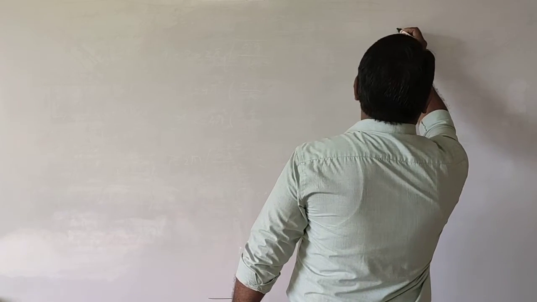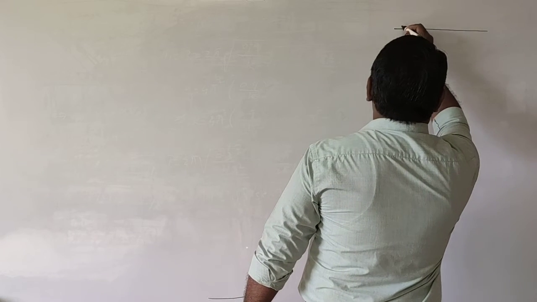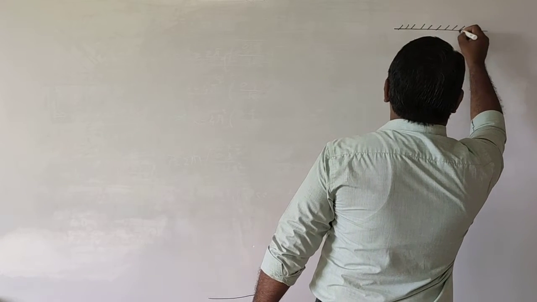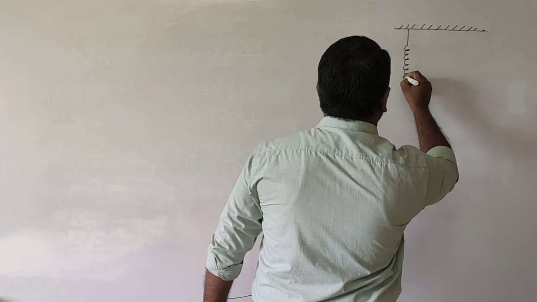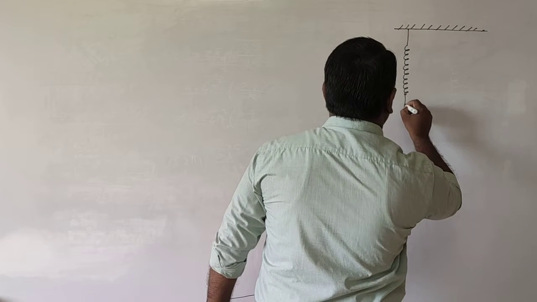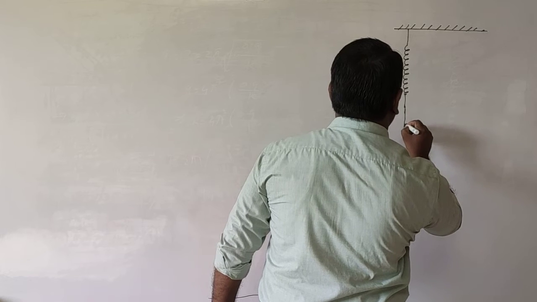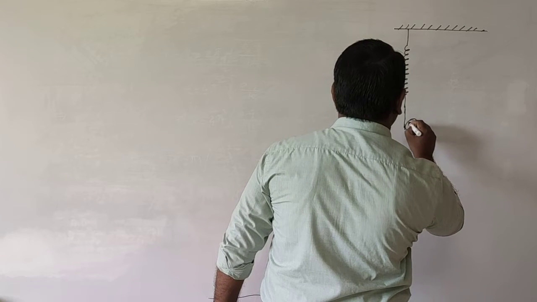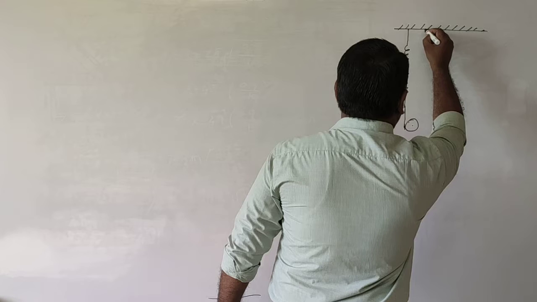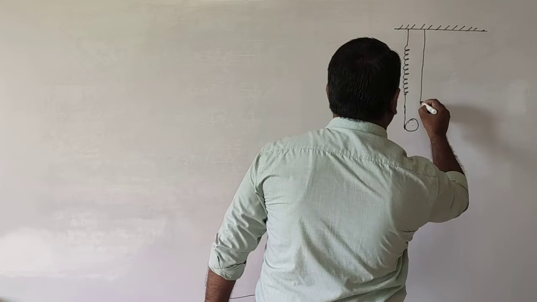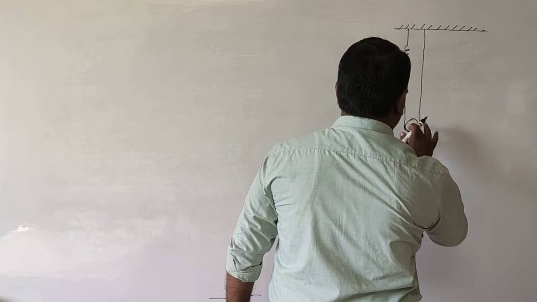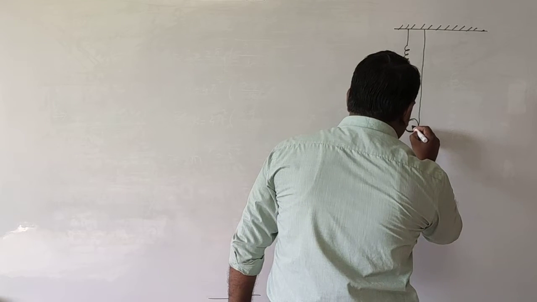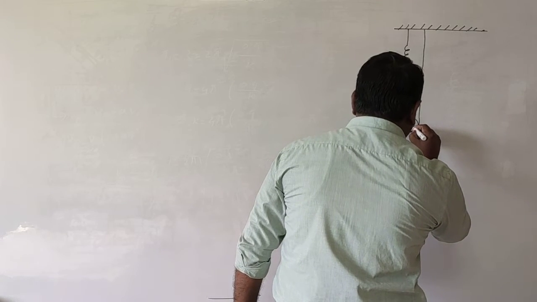This is the rigid support you can take, and from here we are going to take a spring. And here you are going to have a pulley over here, okay. And there is one more thread coming to the pulley here, and it is going to be attached in this one. Now this is the center point. From here one more thread is going to be connected,